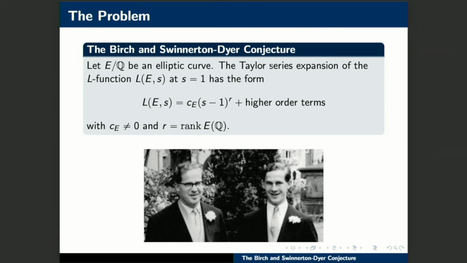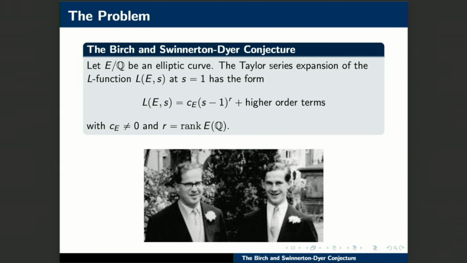So here's the problem, more or less as stated on the Clay webpage under the millennium problems. So let E be an elliptic curve over the rationals. Then the Taylor series expansion of its L function at the point s equals 1 has a form, a constant times s minus 1 to some power r, then of course those higher order terms. The interest is then that very first term. And the r, the order of the 0, is supposed to be the rank of the group of rational points